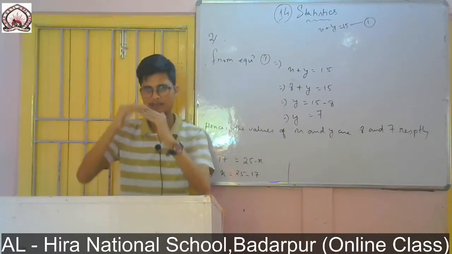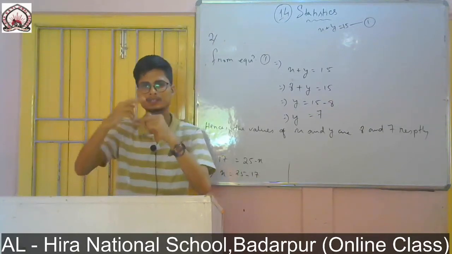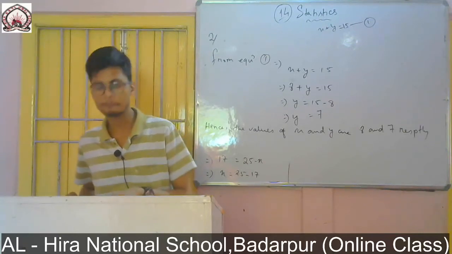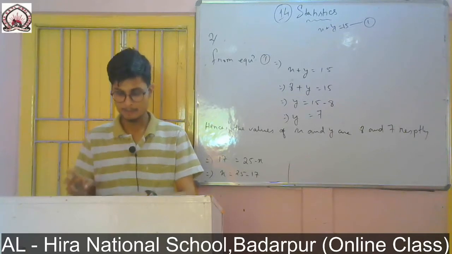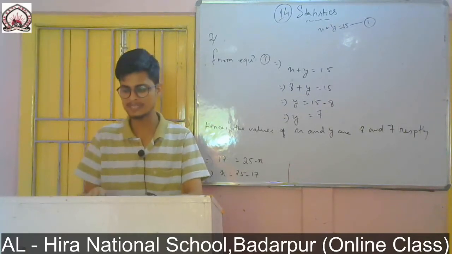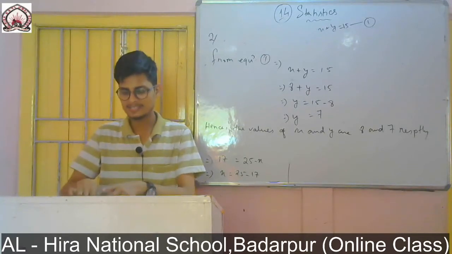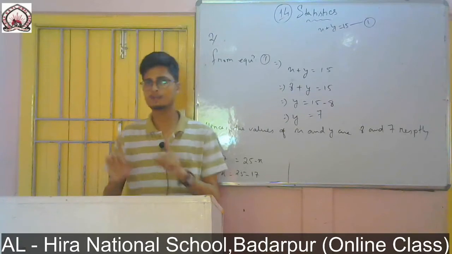After 25 we got 30, then 35, then 40. That means in each and every interval the gap is 5. And you see number of policy holders given. Below 20 given 2, below 25 given 6. That means in this 6 the value 2 is also there. The table which is there, it is not the frequency, it is the table for cumulative frequency.